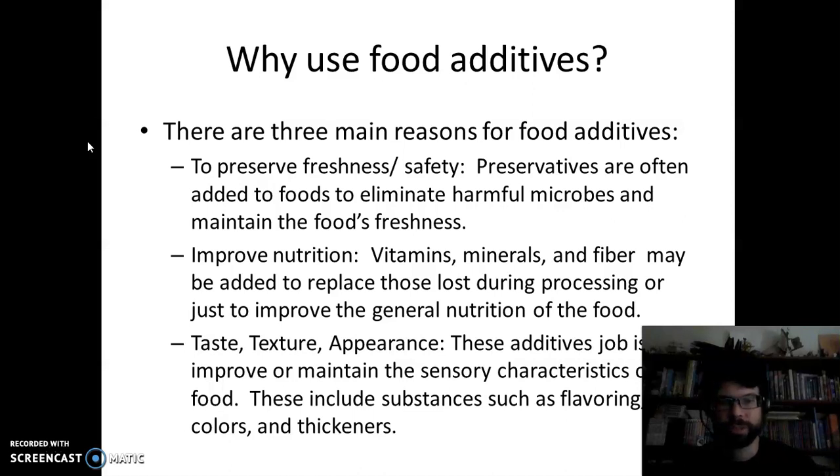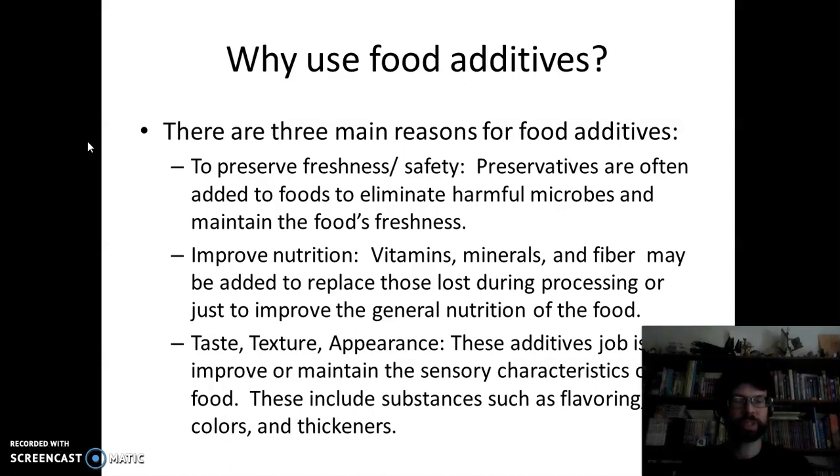Taste, texture, and appearance is our last reason for food additives. And this encompasses a whole wide array of different additives. You might have artificial versus natural flavorings to make sure you have that flavor in that food that you want. The appearance, they'll add acids and chemicals and whatnot to help preserve the color of foods, or to add